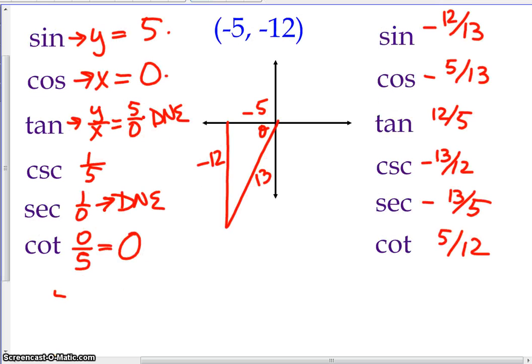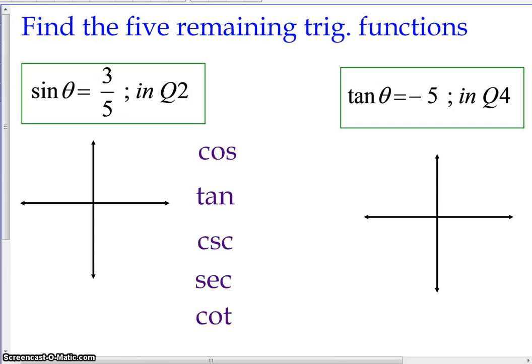So here is our angle drawn here, and here are our answers. So hopefully you had it right as well, but it's a good chance to check yourself, make sure you're on the right track. The next type of problem that I want to go over is, what if you're told instead of what one point is, you're given one of the trig functions and you're told what quadrant you're in. Now they have to tell you what quadrant you're in, because if they just said 3/5,